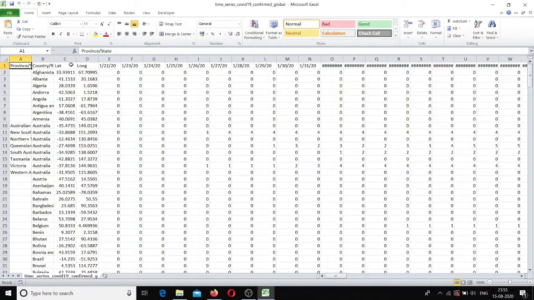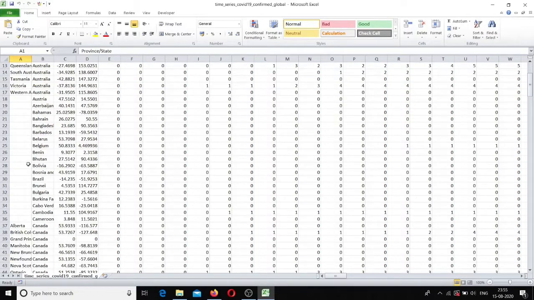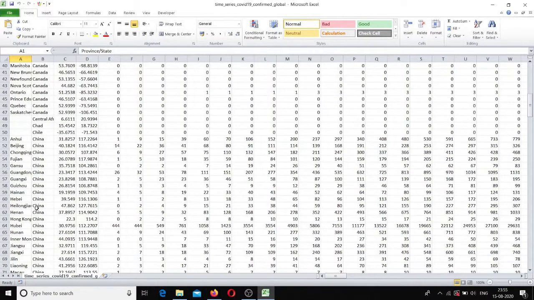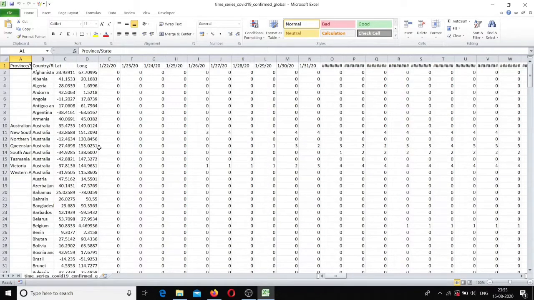However, we have some columns which are unwanted. Latitude and longitude columns are not required, and also another thing is that province and state based data is also provided for some countries like Australia, and then for Canada, for China, etc. Province based data is also provided, but even that is also not required.